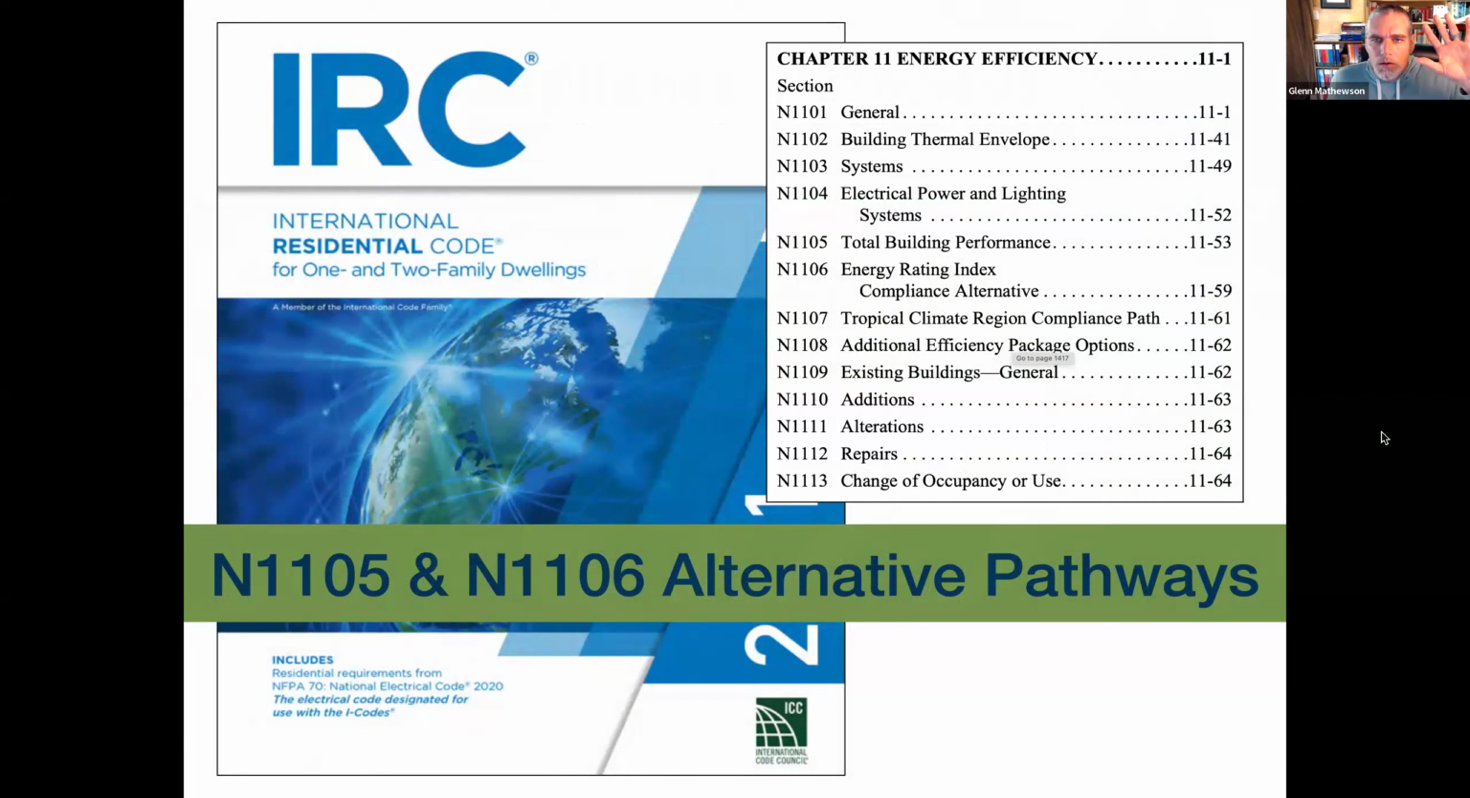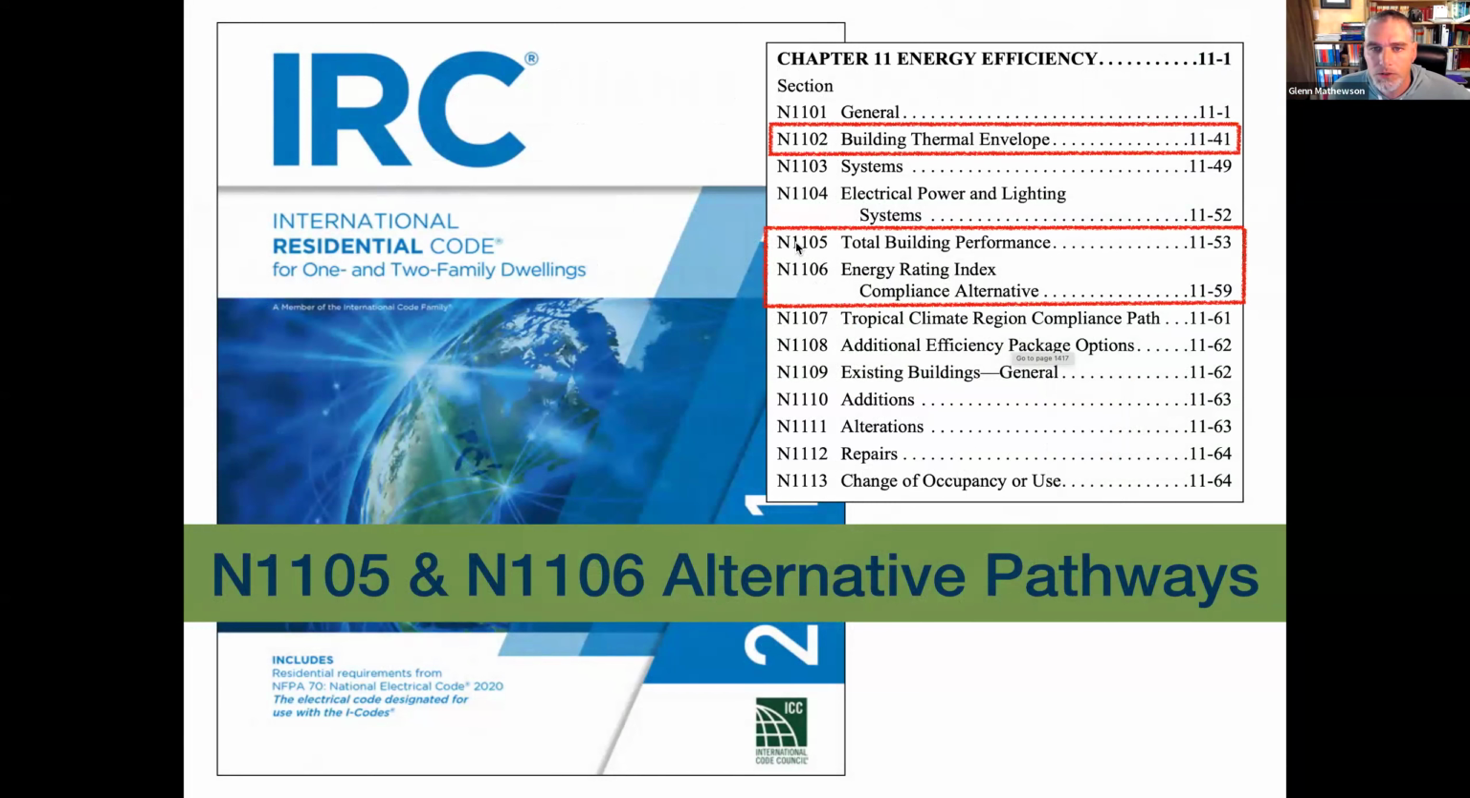So all of that prescriptive path, that's really all still up here in 1102 building thermal envelope. And I went over that section at a 30,000 foot view in the first webinar. But this is the section where the prescriptive pathways, those 3 pathways, lie. But now we can get further along in these sections and continue our path through this chapter with these 2